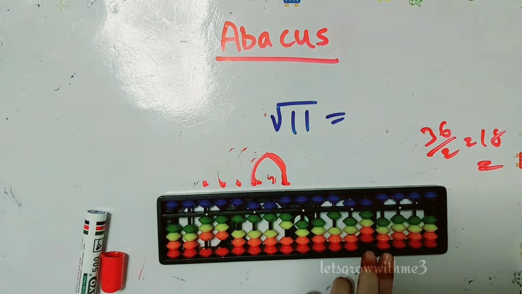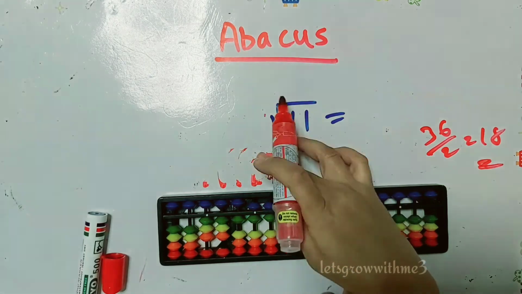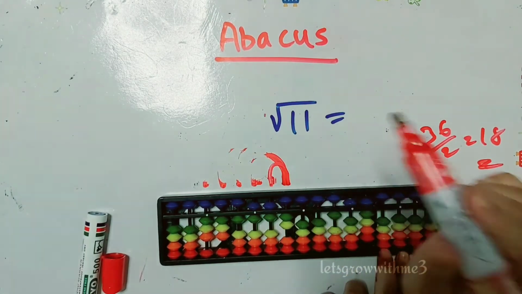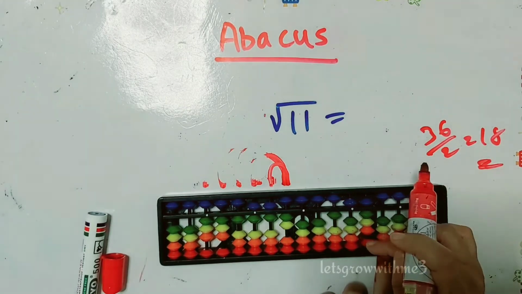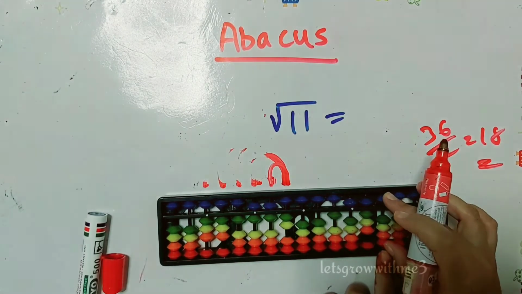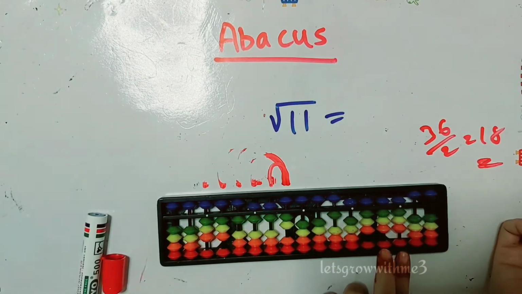Next again we have to multiply 2 times 6, which is equal to 12. So we need to subtract 12 from tens and ones place. So here we need to subtract 10. But here we can't subtract, then minus 10 plus 9. And next here we need to subtract 2. So minus 10 plus 8.